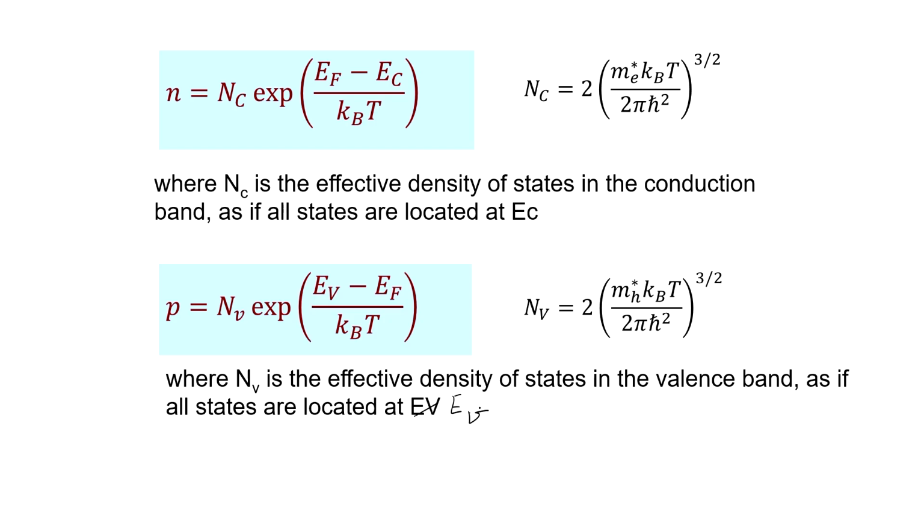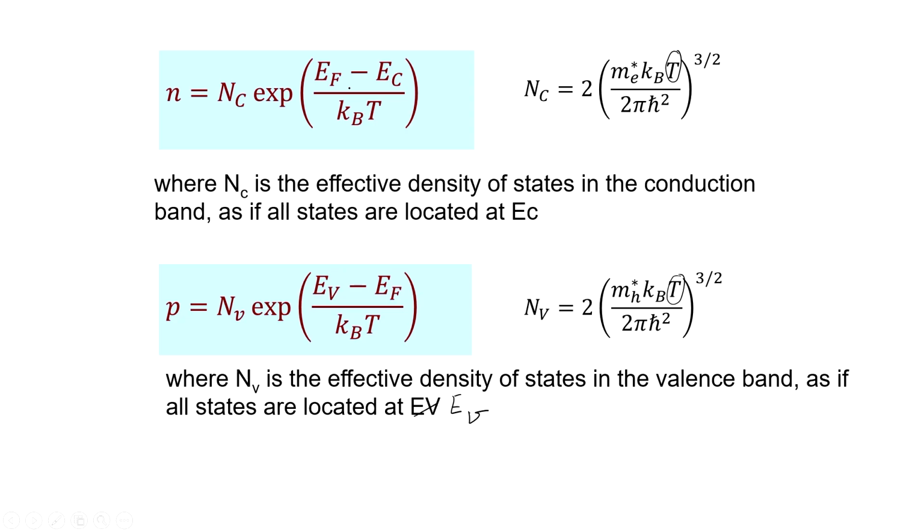So Nc and Nv are effective density of states in the conduction band and in the valence band, and these could be construed as if all the states were located either at EC or EV. So essentially you can see that Nc and Nv are functions only of temperature. As you see, the temperature term appears here, except for the constant, and that to the power 3 by 2, but the stronger dependence on temperature comes from this exponential term,